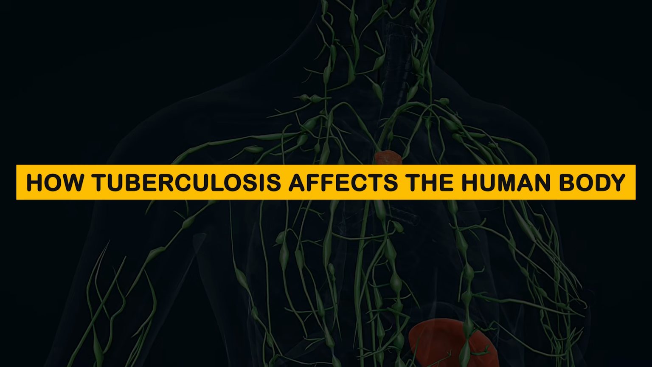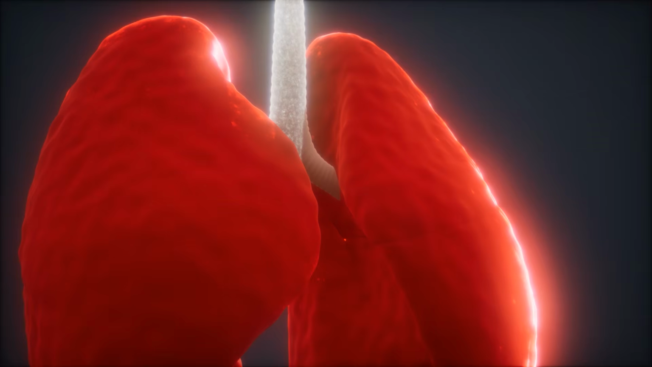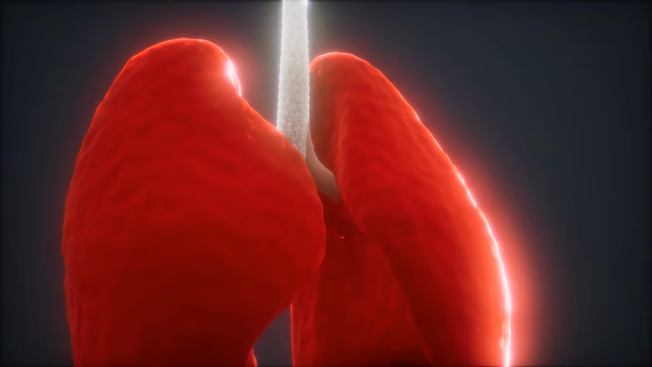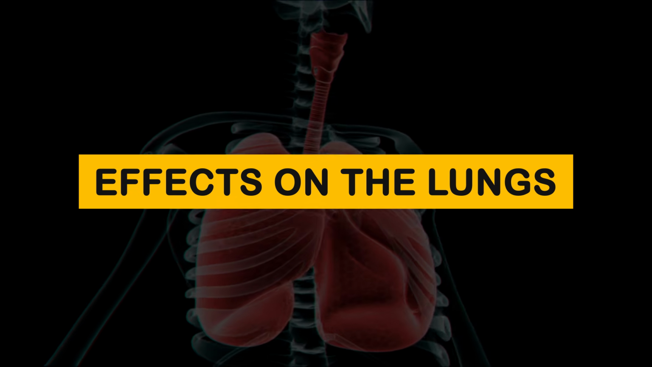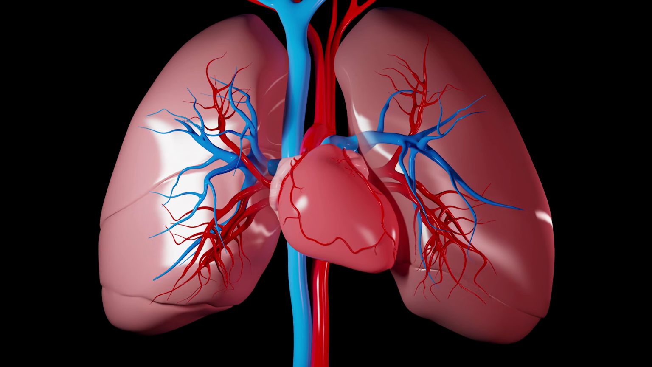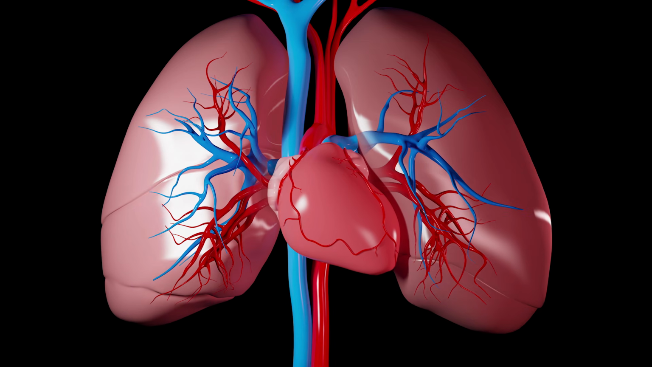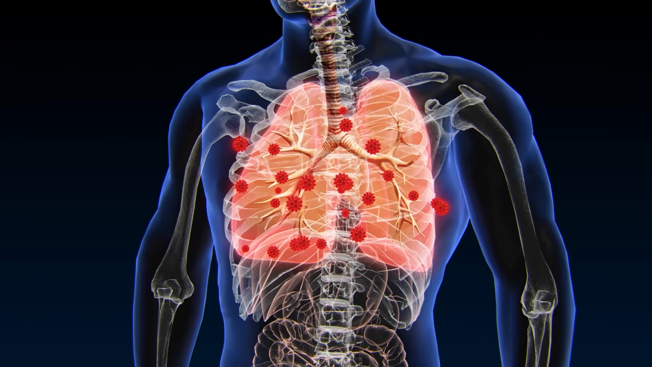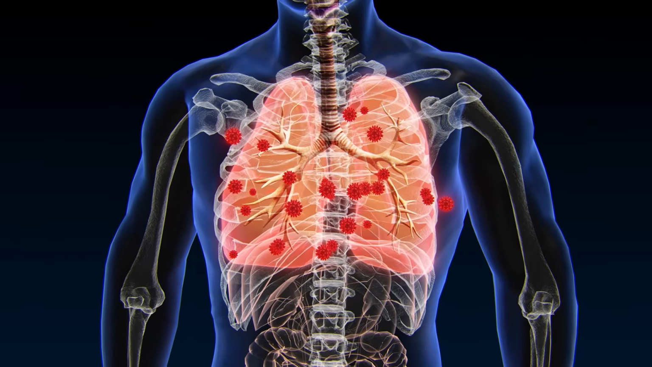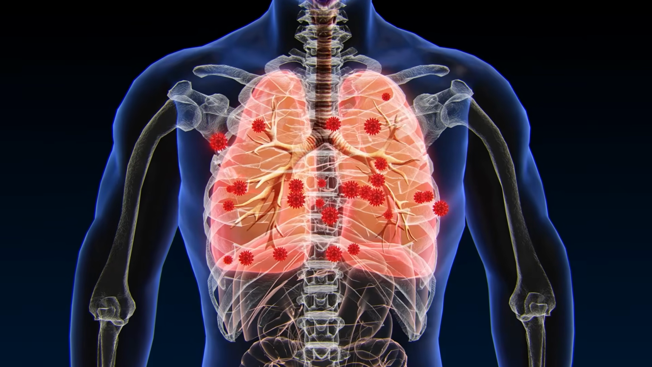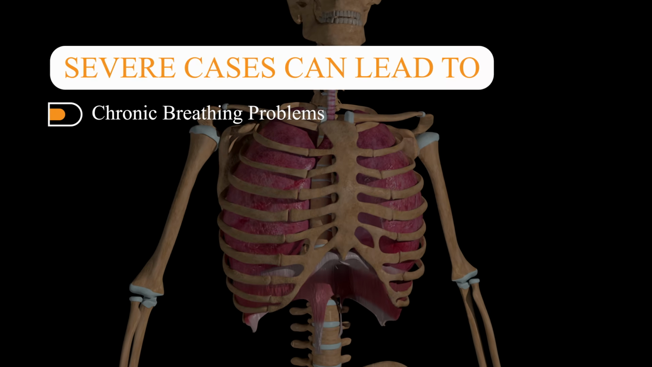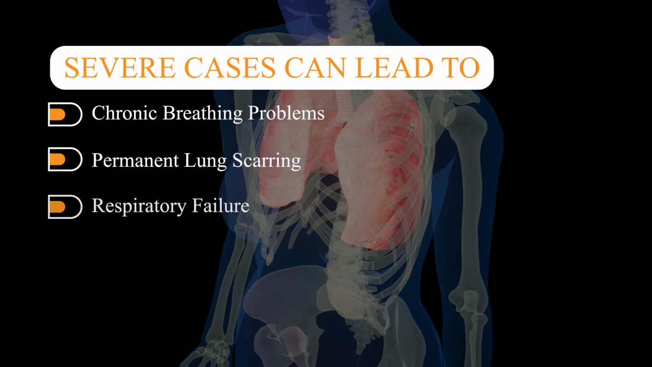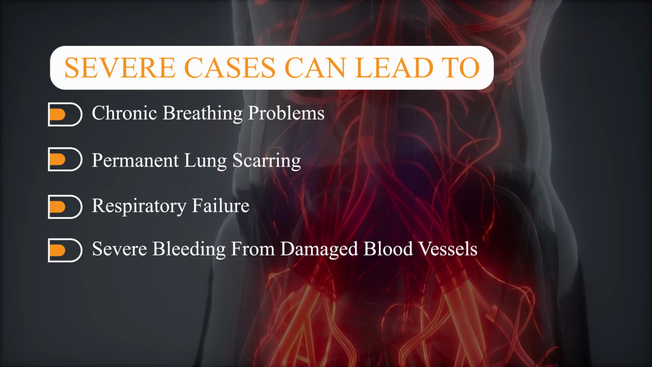How tuberculosis affects the human body. TB primarily damages the lungs, but its effects can be widespread. Effects on the lungs. In pulmonary TB, inflammation destroys lung tissue. Cavities may develop, reducing lung capacity and impairing oxygen exchange. Over time, severe cases can lead to chronic breathing problems, permanent lung scarring, respiratory failure, severe bleeding from damaged blood